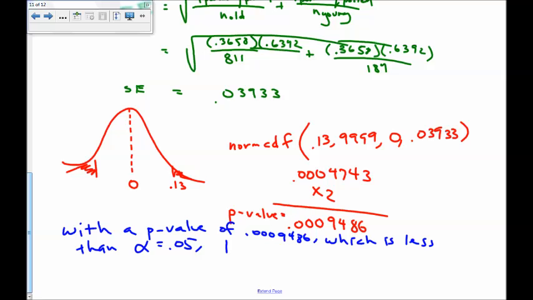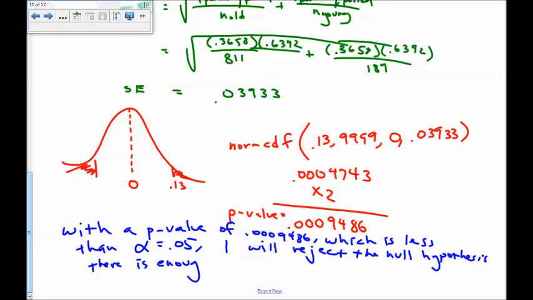Now, because it's below alpha, I will reject the null hypothesis. Okay, and say there's enough evidence to conclude